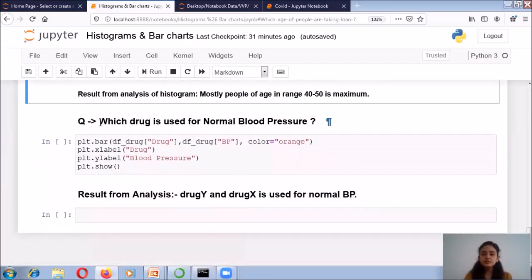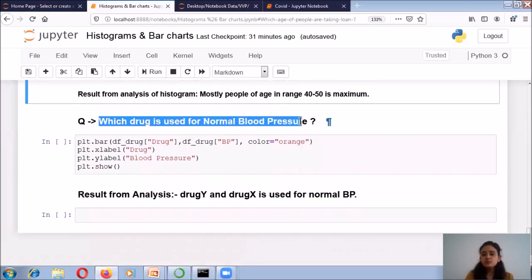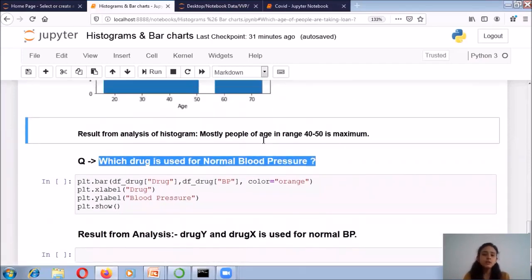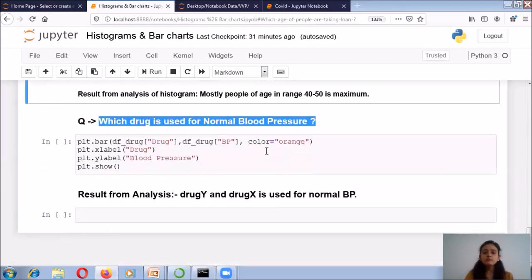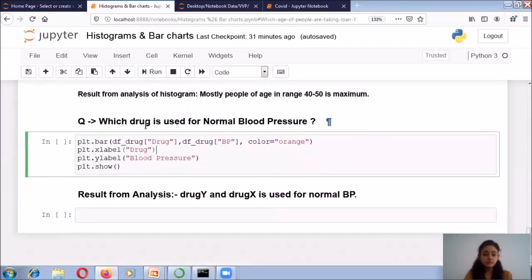Now my next question is, which drug is used for normal blood pressure? So in the data set, you will see that there is the age column, gender column. You have the column named blood pressure. Cholesterol is also there, Na2K is there, and your drug column is also there. So you want to perform the comparison, or you can say the analysis, between the two columns.